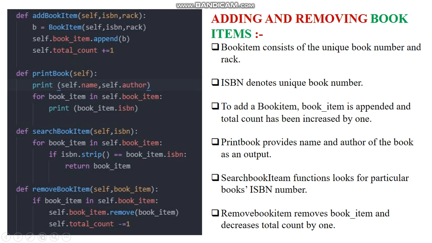Likewise, when we use the remove book item function, it takes a book item as an argument. If the book item is in self.book_items, then it removes that book item, and at the same time it decreases the total count by one. We also have two more functions, the print book function and the search book item function. What the print book function does is it looks for the name and the author of the book and prints the ISBN number of that